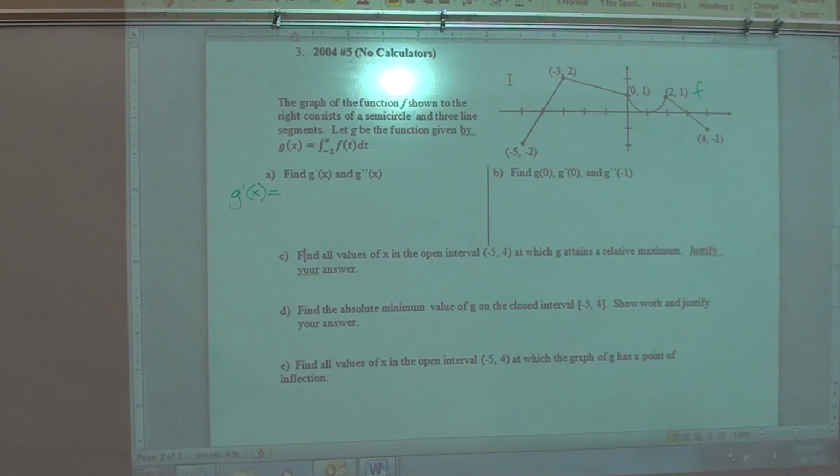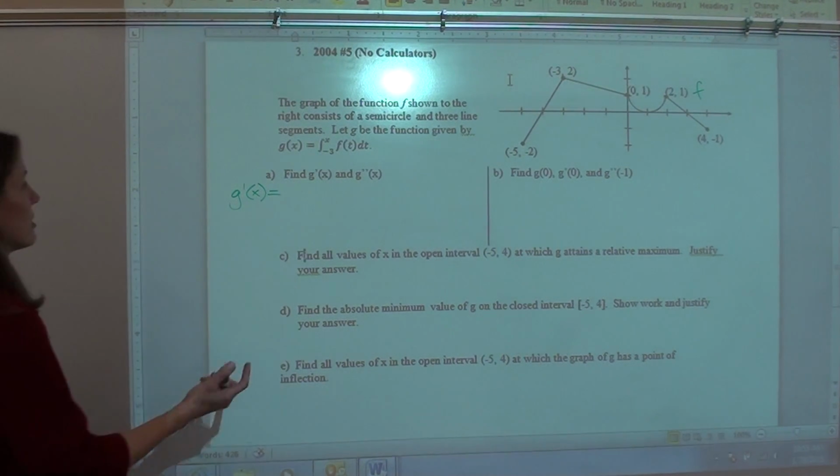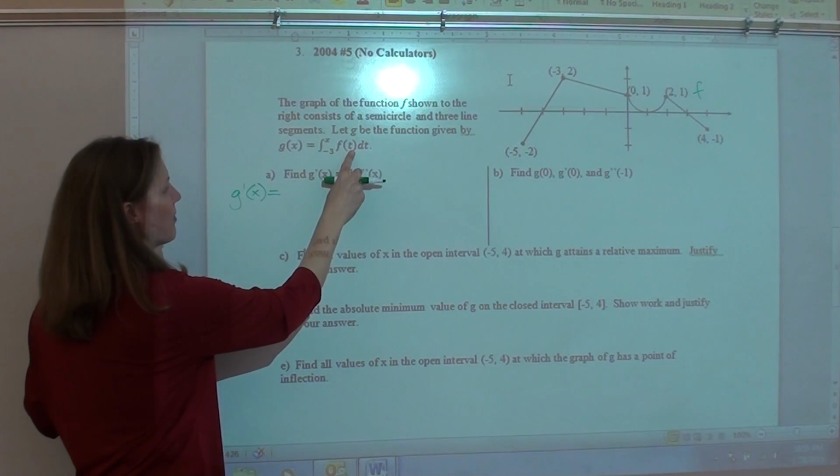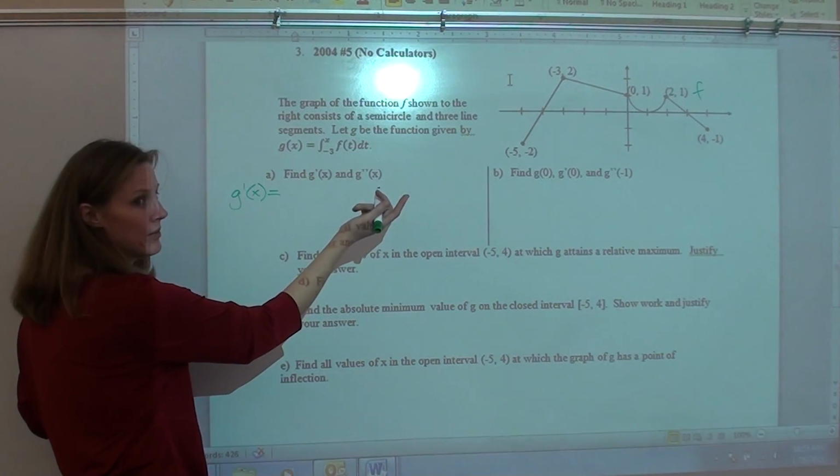So what does g prime equal? F of x. Good. Did you all get f of x? You plug in the top limit times the derivative, which is 1,